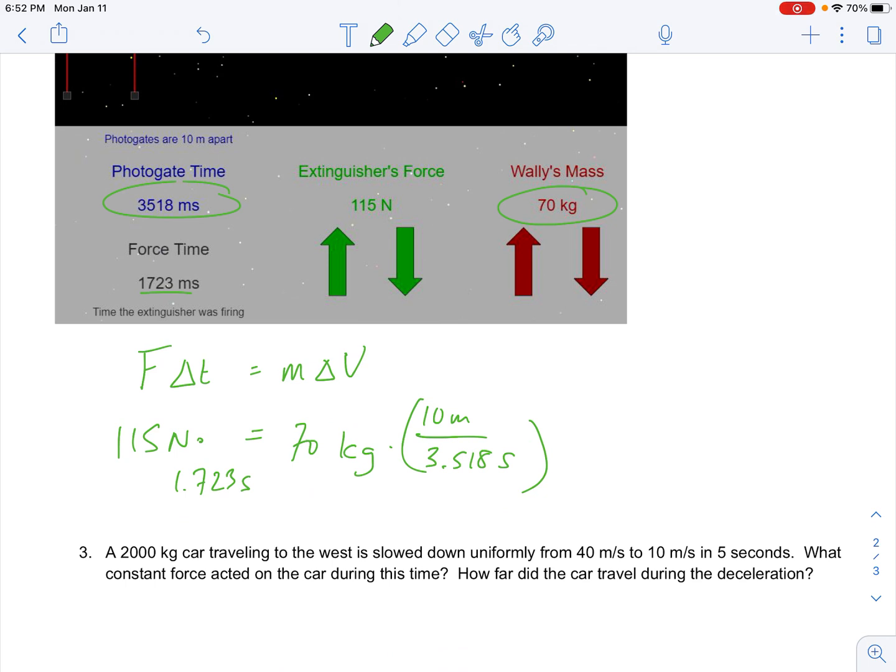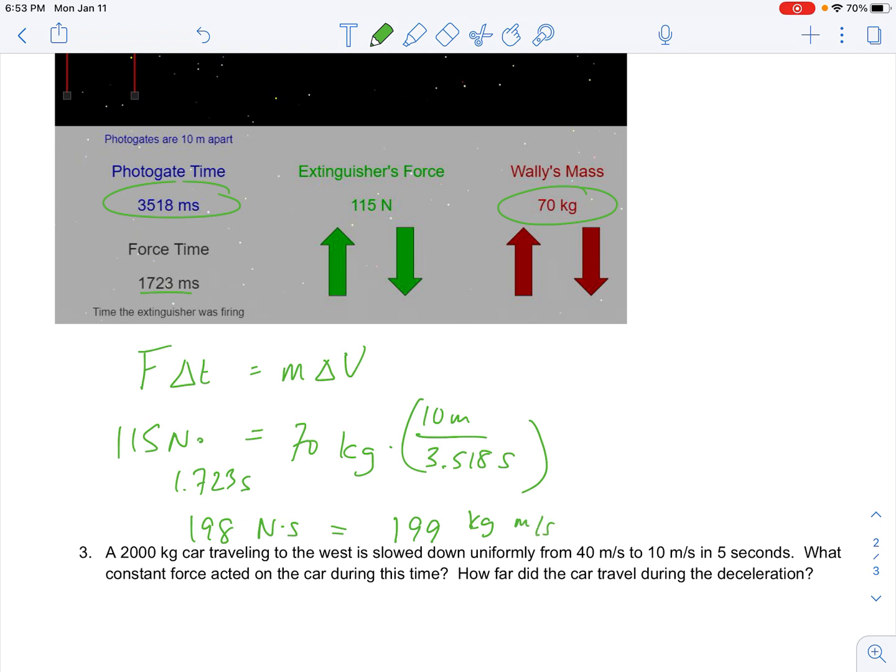I'm getting out my calculator. On the left, I'm doing 115 times 1.723, and I get 198. And that's Newton seconds. That's the impulse. Let's see if it equals the change in momentum. 70 times 10 divided by 3.518. I get 199